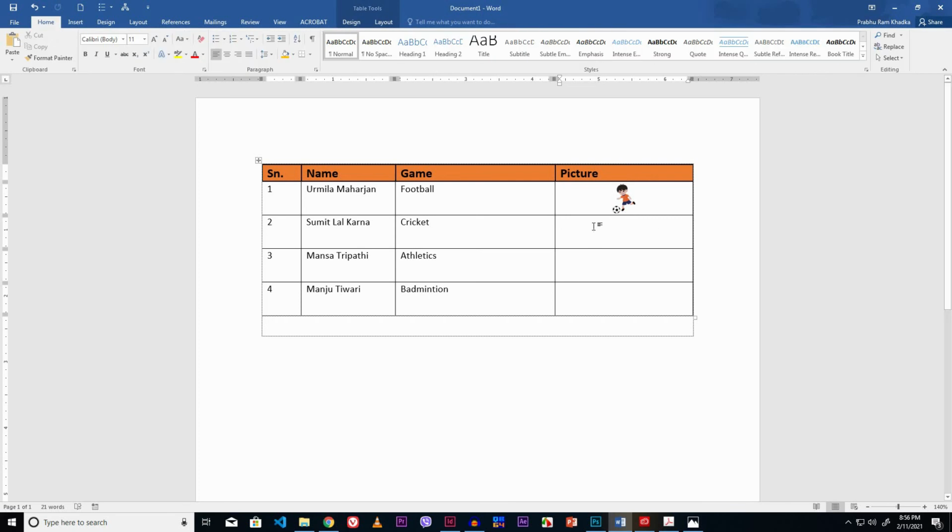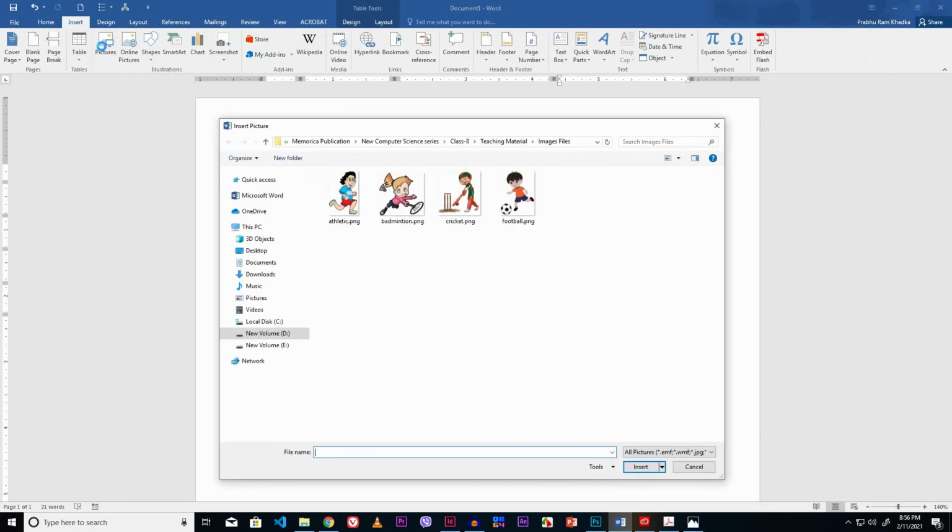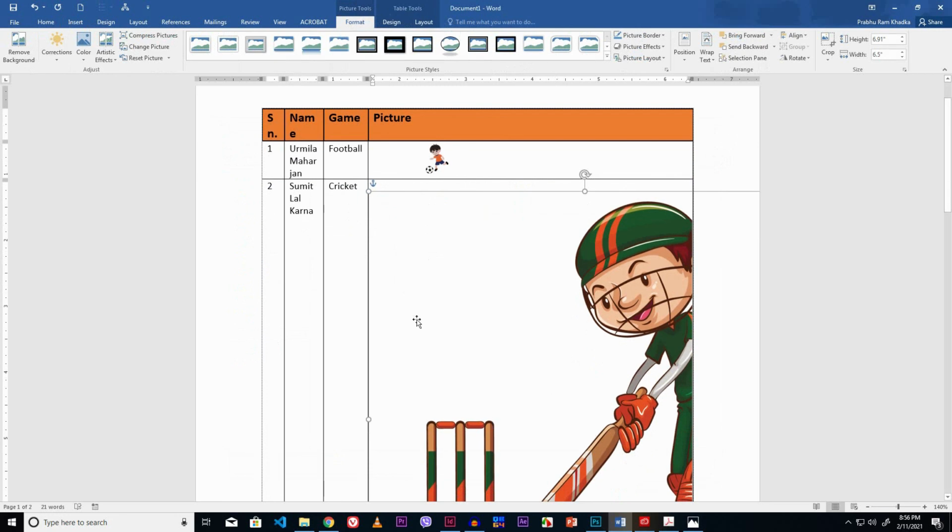Go to the insert tab. Click the pictures option from illustrations group of insert tab. Select the image. Click the insert button from this dialog box. Now resize this image using the resizing handle.